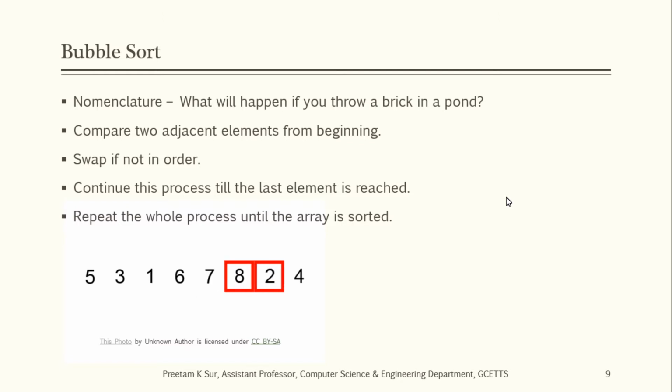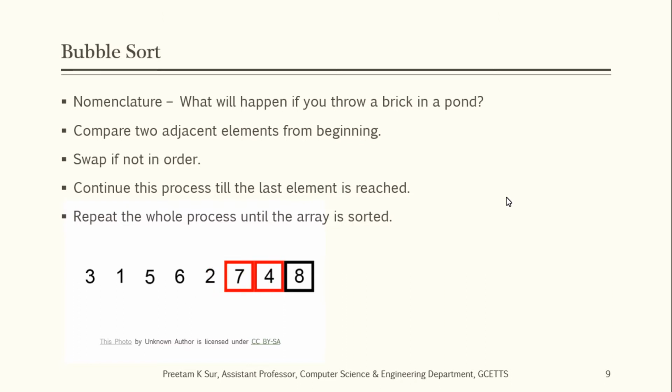Okay, now if you look at the end of the first iteration, the largest element in this array, which is 8, has come to the end, right? Being the highest element, 8 should be at the last of the array, and it has now gone into the last place. Now in the second iteration, it will try to find the next highest element, and that is going to be in the second last position. As in this example, the 7, being the second highest element, is going to be placed just before 8 after the second iteration.